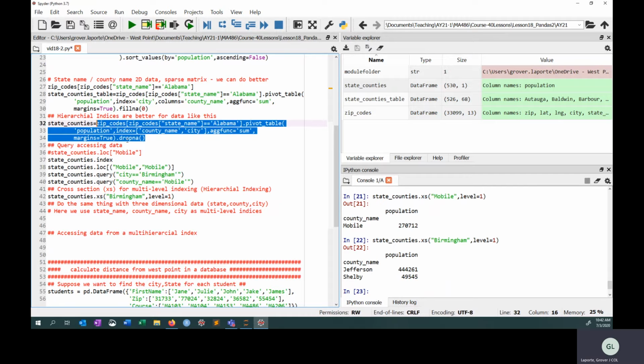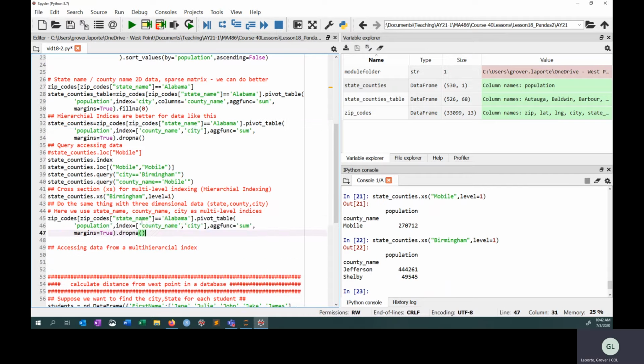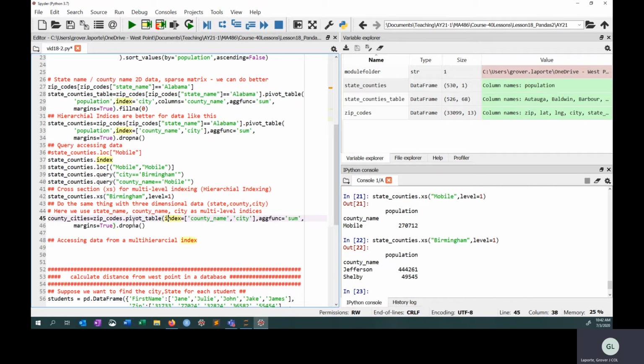I'm going to grab this, Control C. I just don't want to type in this entire thing again. And we're going to call this county cities, and set that equal to the zip code business, but I'm going to take this part out. We're just going to start off with a pivot table. Instead of telling it population, I'm going to grab two things this time. So I'm going to take out population here, and I'll show you where you can put the things that you want to aggregate on. We're going to start off with